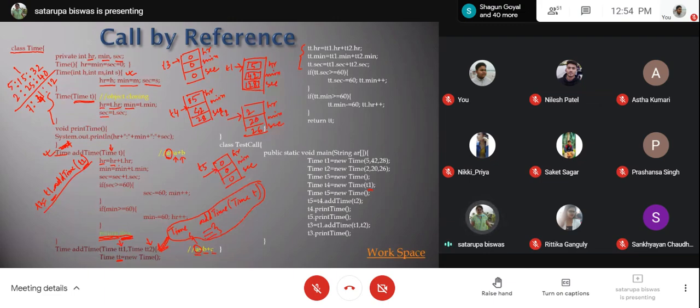So T is basically a temporary variable here. Where will it be pointing? It is pointing to T2. So T2 is here, and T is also pointing to this. T2 and T are both the same, because the reference of T2 you are sending to T. So whatever is present in T2, the same value you have in T, that means T is also pointing to the starting location of the second object.